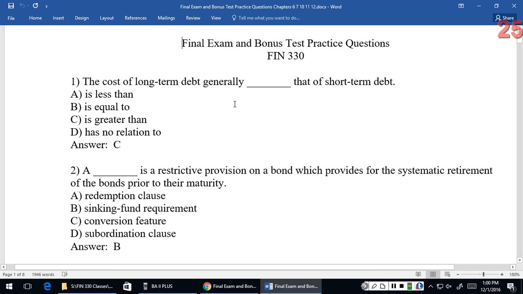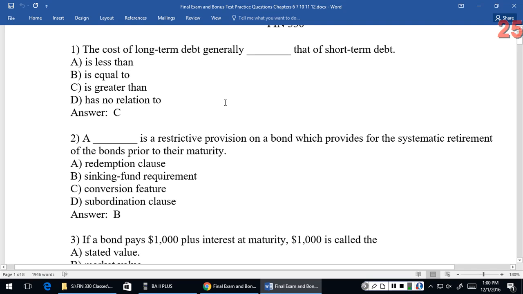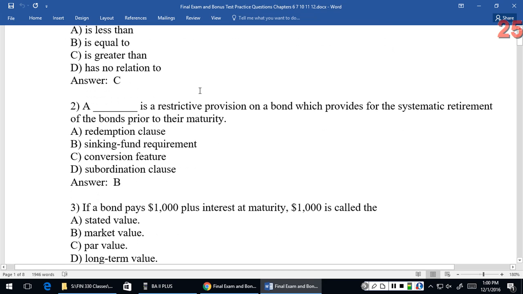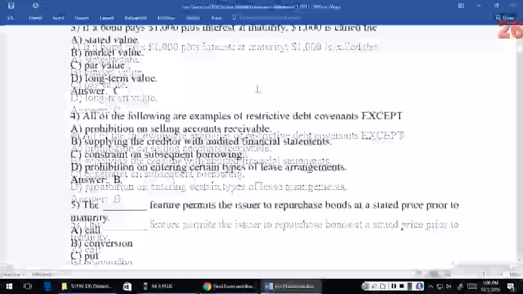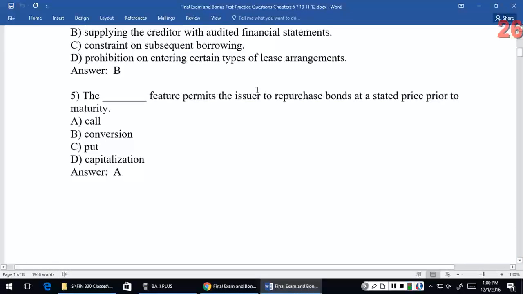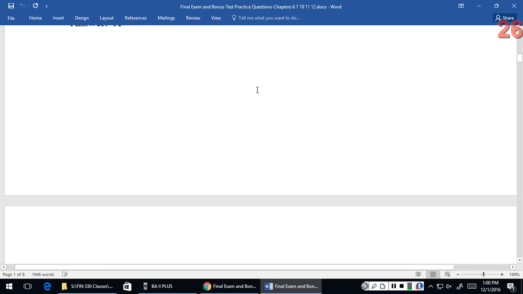Again, a lot of this is basically just straightforward. You may see some of these questions on your final exam or on your bonus test, so I would suggest taking a look at these and knowing the answer to at least the ones that are listed here. Some of this is pretty straightforward, so I'm going to go through the calculations. If you see any of these questions where you aren't sure why this is the answer, that's fine, I'll be happy to talk about it. I'm going to jump through the first few. It starts out talking about bonds.